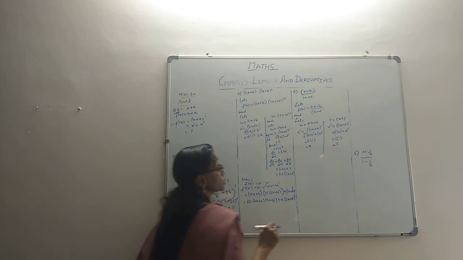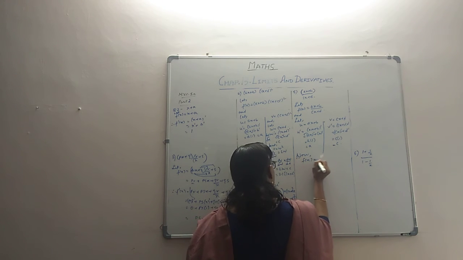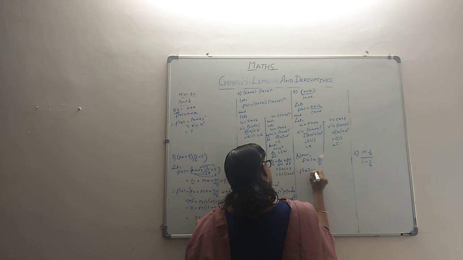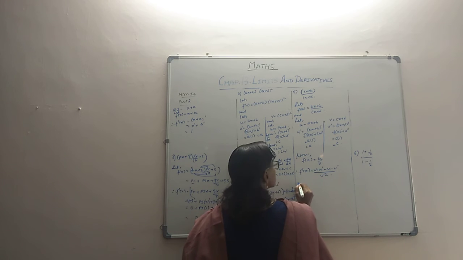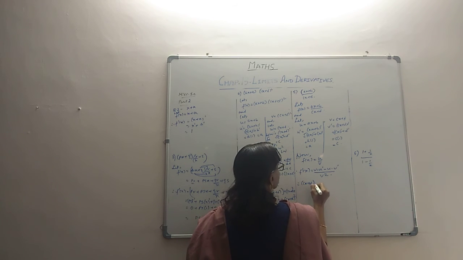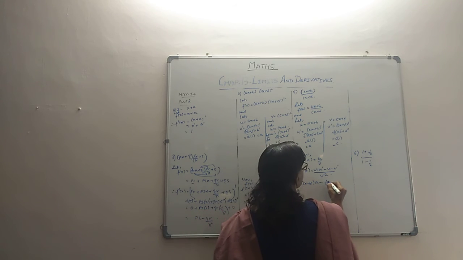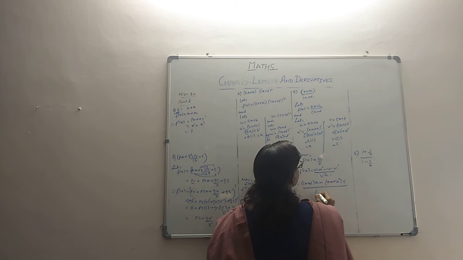You've got v dash and u dash. Therefore now f of x is u by v. So by quotient rule we can have the derivative. It is v into u dash minus u into v dash by v squared. So v for us is cx plus d and u dash is a, and u for us it is ax plus b and v dash for us is c, by v squared, which is cx plus d the whole square.